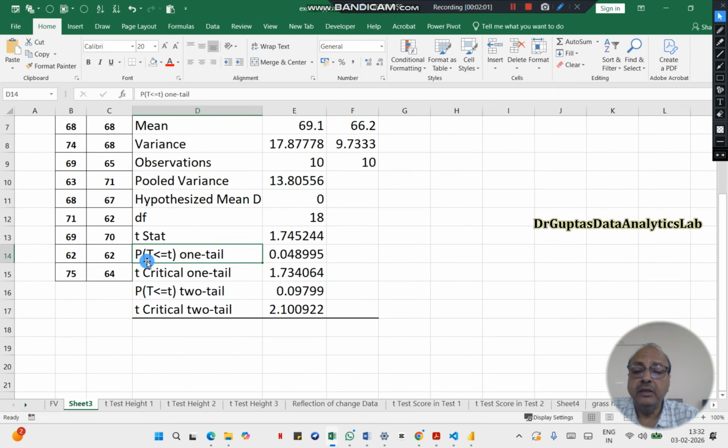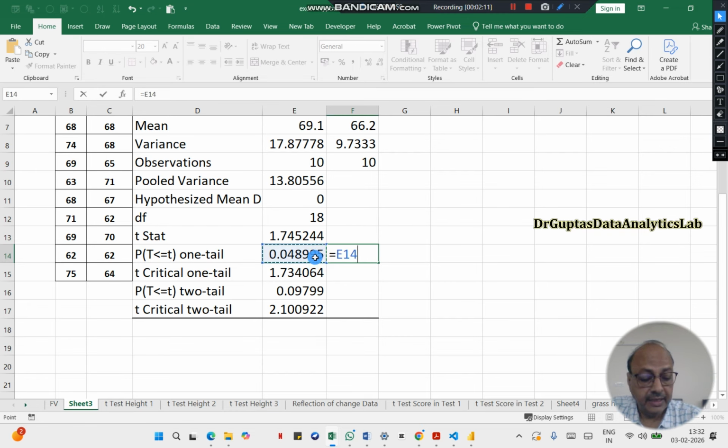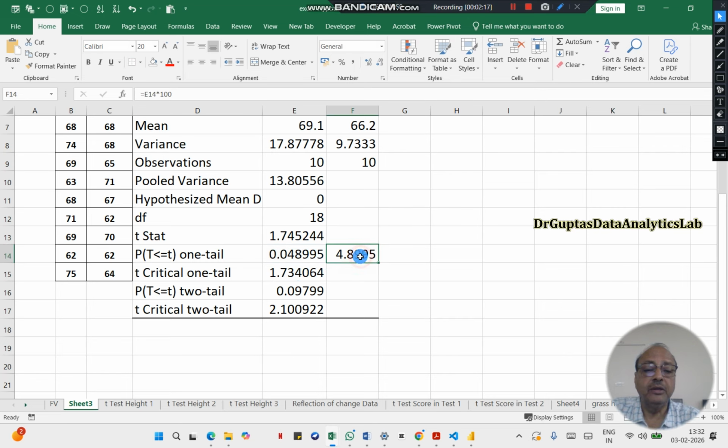Now here the probability of occurrence of that event, if I say which we had said that they are 95% or 5%. So if I multiply this value with 100, so I get this value as 4.8. Now this value is less significant or very close to that, so we can say that it is not necessarily that the boys are having height more than the girls. So this is the interpretation, but this is on one tail, because this question was whether the boys are having